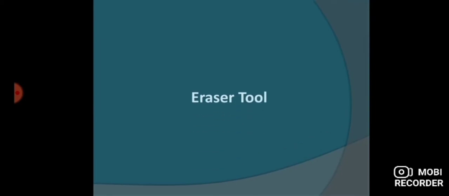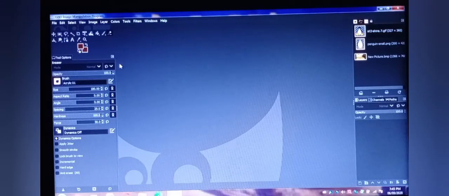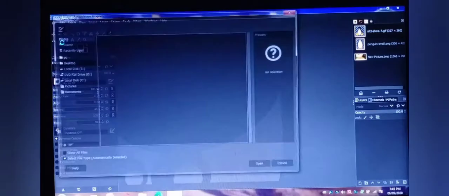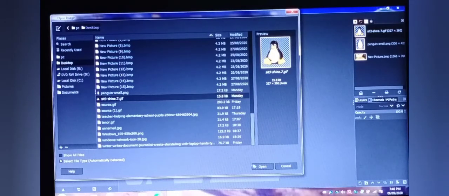Here we will see how we can use the eraser tool. Let's watch the video. In this video, I will tell you how you can activate the eraser tool. So to use the eraser tool, we will have to open the image first so that we can apply eraser on it. We can see how we can rub something from the image. So go to the file menu, click on open, again select the image and open it.